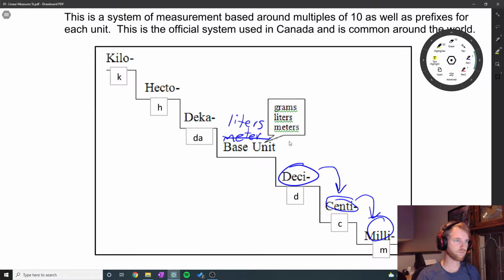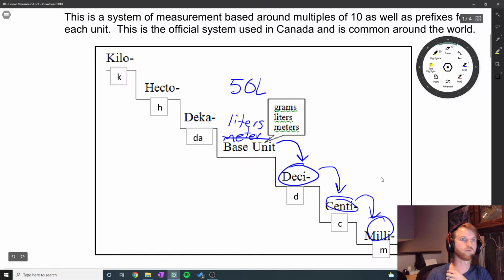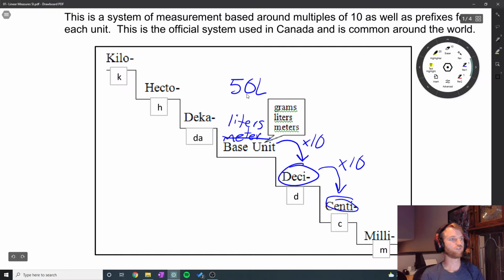If our units are getting smaller, then we're going to need more of them in order to measure the same distance. So what we do is when we go down, if I said I had, let's say, 50 liters of something, and I wanted to turn it into centiliters. Okay, so how would I measure that in centiliters to get the same measurement? I have to go down the staircase 1 step, 2 steps to get down to centiliters. As I do that, my units are getting 10 times smaller, so I need more of them. Each time I go down a step, I'm going to multiply my number by 10. Okay, so I started off with 50 liters, and I wanted it in centiliters, so I say 50 times 10 times 10,